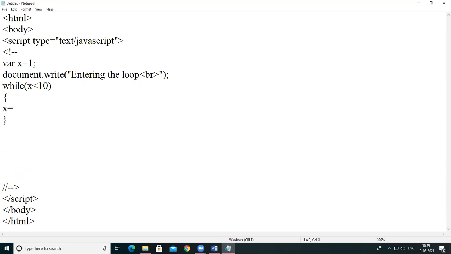X is equal to x plus 1, or you can use x plus plus here.